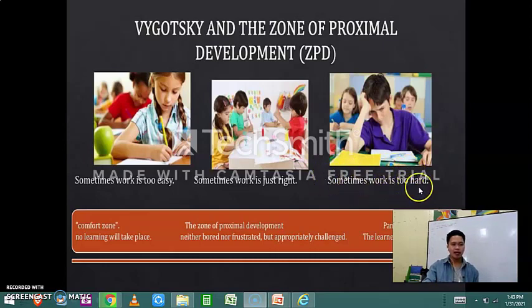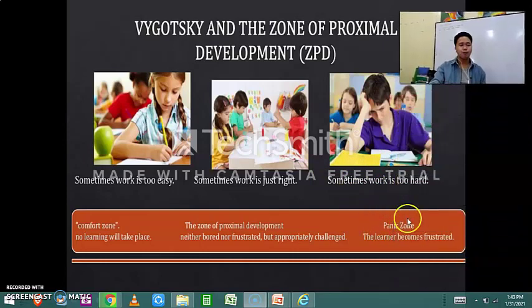So sometimes naman, if the work is too hard, masyadong mahirap lang yung work, nagpapanik yung bata. Nagpapanik ang isang student. Diba kayo, when you feel that the work is very difficult, parang nawawalan ka ng gana to make the task. Nawawalan ka ng gana to finish a task. So you now become so frustrated to do the task. So therefore, in ZPD, there is a balance in learning. So depende siya sa pag-response or sa pag-motivate ng isang tao para magkaroon ng specific learning.